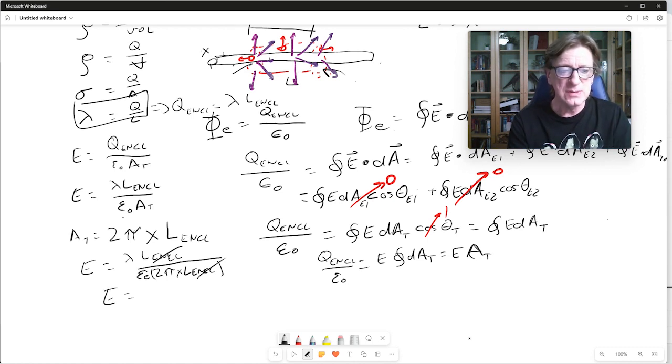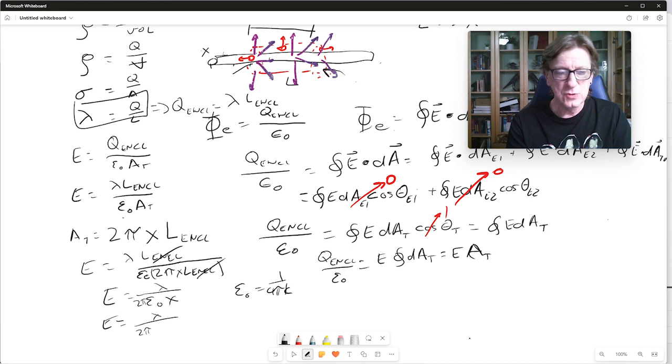So our final answer then is going to be E equals lambda over 2 pi epsilon naught times x. Now, you can go one step further if you want. We know that epsilon naught is 1 over 4 pi times Coulomb's constant. So if you wanted to substitute that in there, then E would be lambda, and we'll just go ahead and write it out for now,